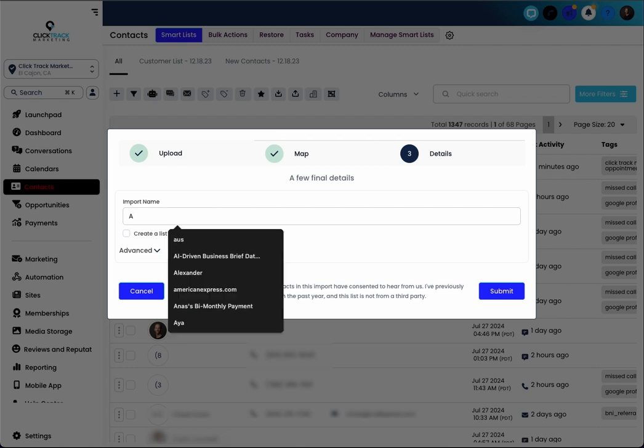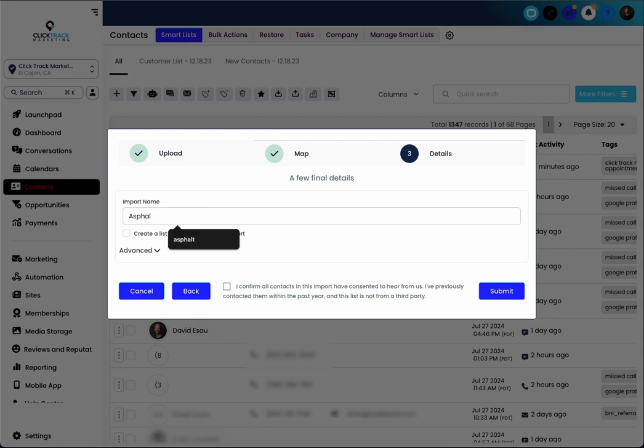So I'm just going to say asphalt leads cold, because we want to know that they're cold, and we're not going to do a bulk email or massive email or stuff like that. We're just going to go through one by one and close some deals. I like to get people on the phone because no one calls, or they just call and they're crap calls, so we can do better. All right, and then we're going to put the date, so we know that it's July 29th, 2024, okay? And then we're going to create a list of